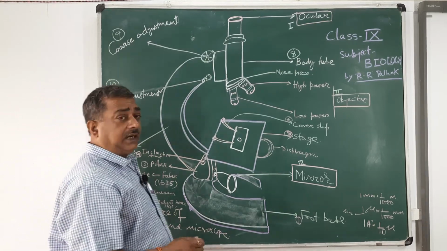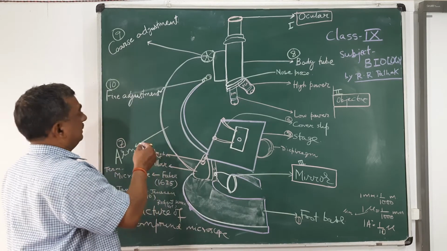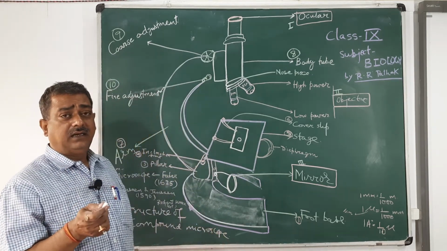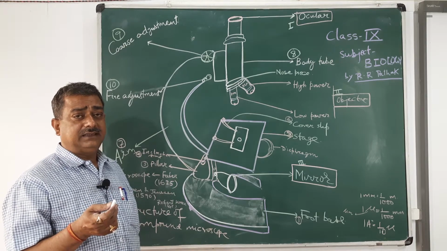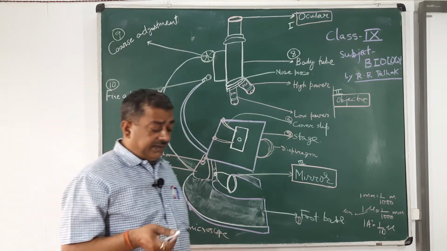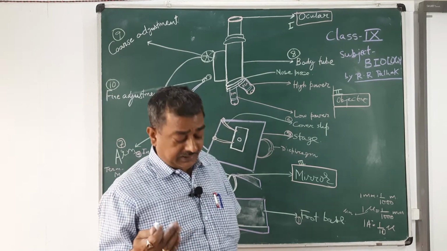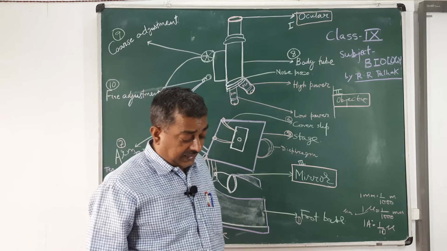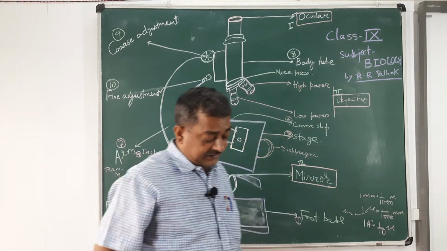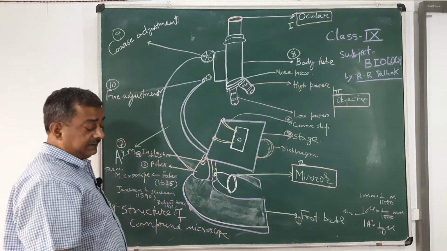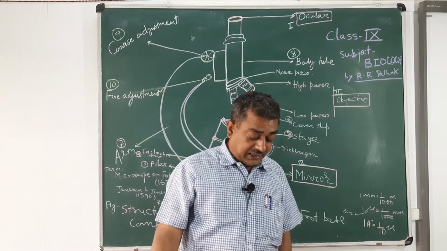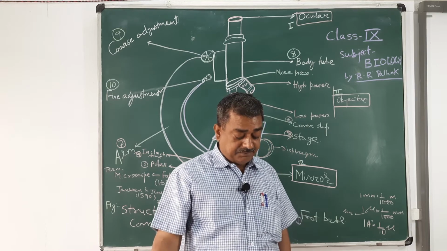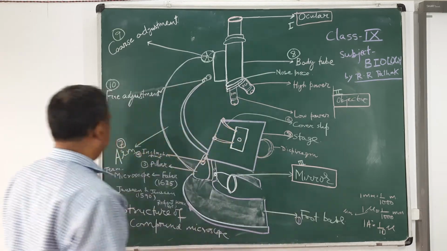Today I am going to start cytology, a very important branch of biology which deals with the study of cells and their structures. Any branch of biology or any branch of science depends upon the tools and techniques available for its study. The science of cytology was born after the discovery of the microscope and its application by Robert Hooke in 1665.